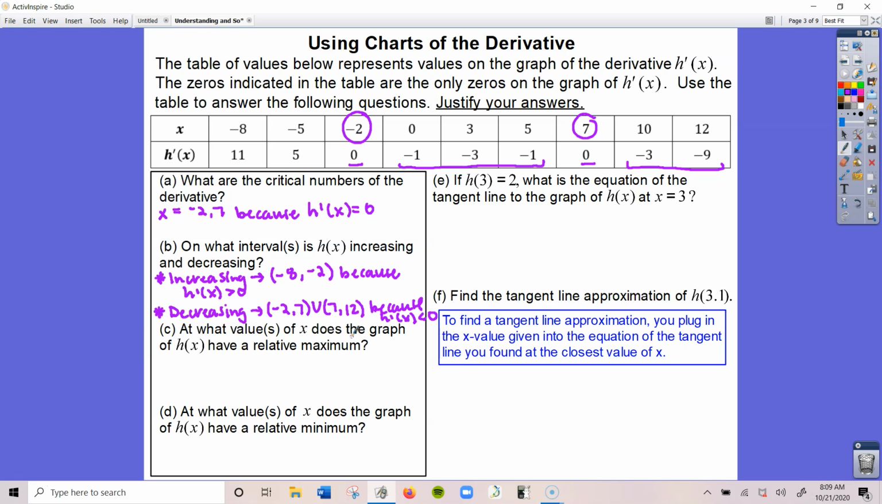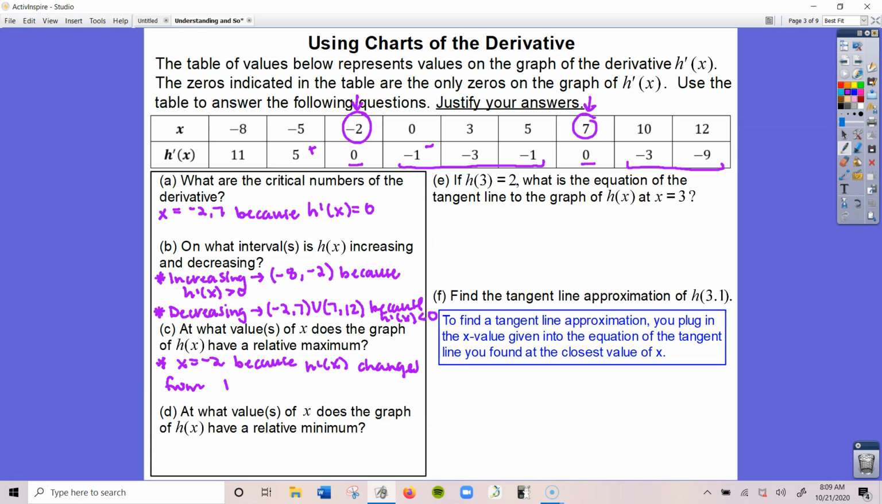Now, at what values of x does the graph of h of x have a relative maximum? Remember that our maximums and minimums only occur at critical numbers. These are my two critical numbers, as I've already stated. We would have a maximum when the derivative changes from positive to negative. So we would look at either side of each critical number. This one here is positive, and then it's negative. So this would be a maximum. So h of x has a relative maximum at x is equal to -2, and we would state because h prime of x changes